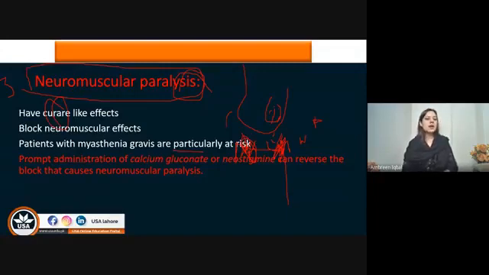Prompt administration, how we are going to manage it. Prompt immediate application or administration of calcium gluconate or neostigmine. Neostigmine कौन है? It's an anti-cholinesterase drug. Anti-cholinesterase means cholinesterase enzyme को inhibit करने वाली drug. Cholinesterase enzyme कौन था? Cholinesterase एक ऐसा enzyme था जो एसिटाइलकोलीन को सिनेप्टिक क्लेफ्ट में डिग्रेड करता था, और माइस्थीनिया